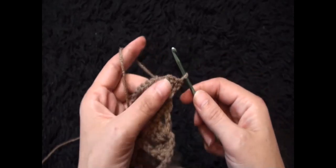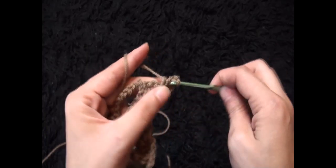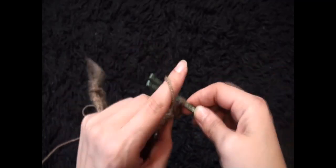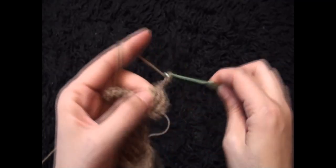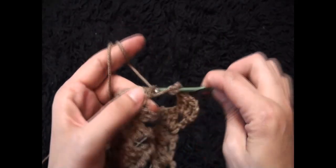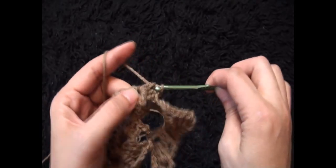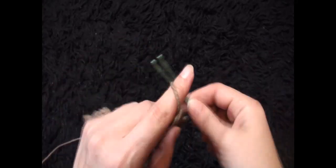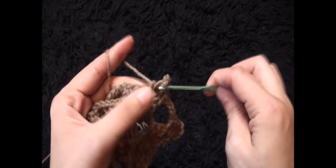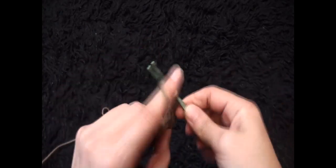So I'll turn my work around, then I'll chain 4, now through that 1 chain loop I'll make 3 double crochet, I'll chain 4, through this next 3 chain loop I'll make 3 double crochet, chain 3, then through the same 3 chain loop I'll make 3 double crochet, chain 4,